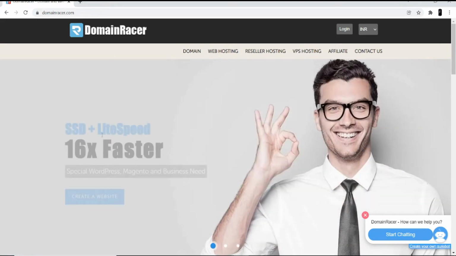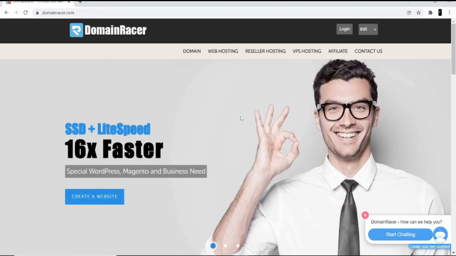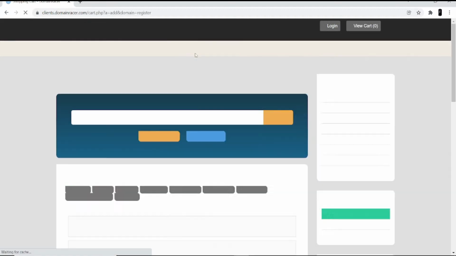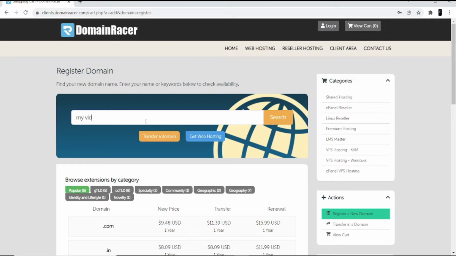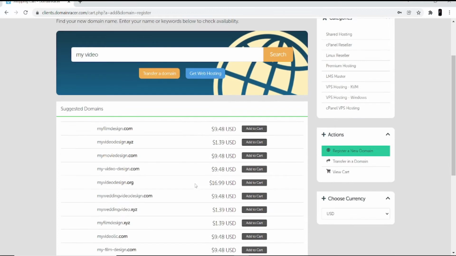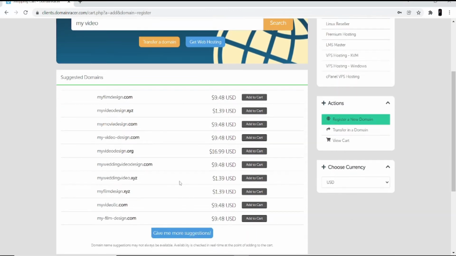When you open the Domain Racer website, on the top you can see Domain. Click on Domain and search for the domain. While searching, try to search for a name relevant to your website, which means the keyword of your website should be in the domain. Talking about a video content portal website, I'll search for my video and click on the search option. Here you can see different suggestions coming up, the domains which are available. The first domain is